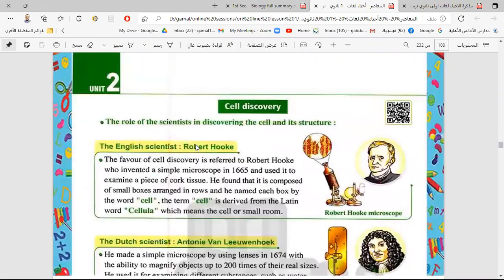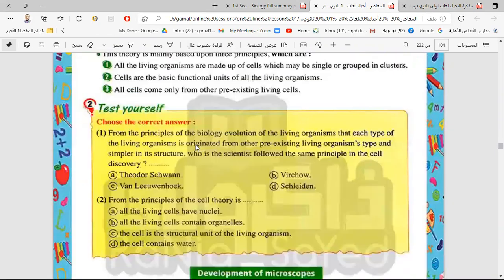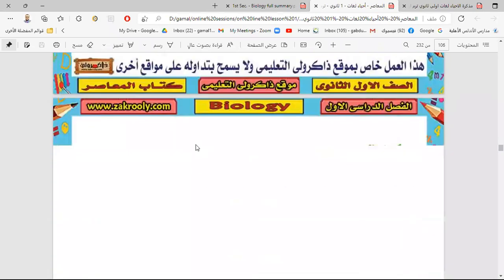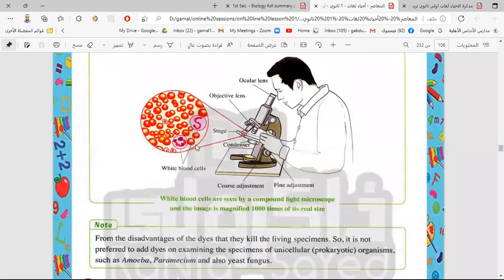I have to talk now about the electronic microscope. This is the light microscope, as you see, which we can see at the school, in the lab of the school, and also you can buy one for yourself. You can buy one from some shops that sell this microscope. Okay,